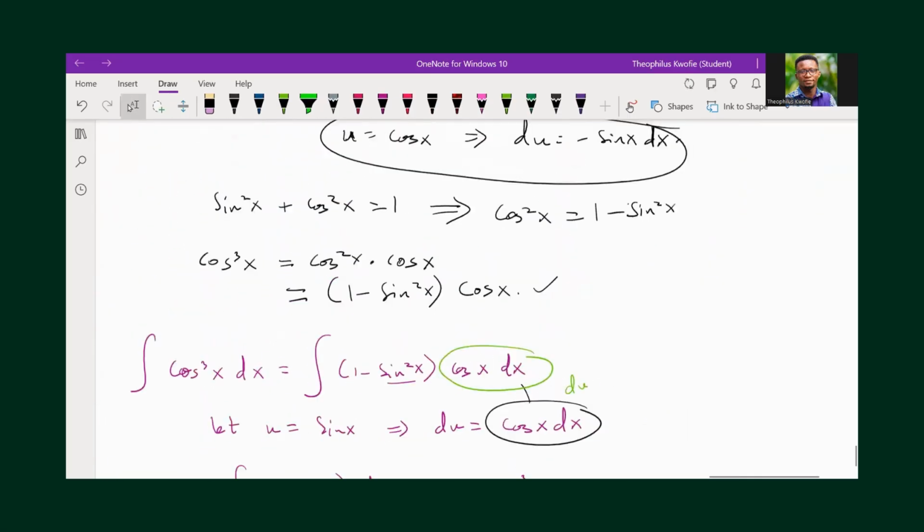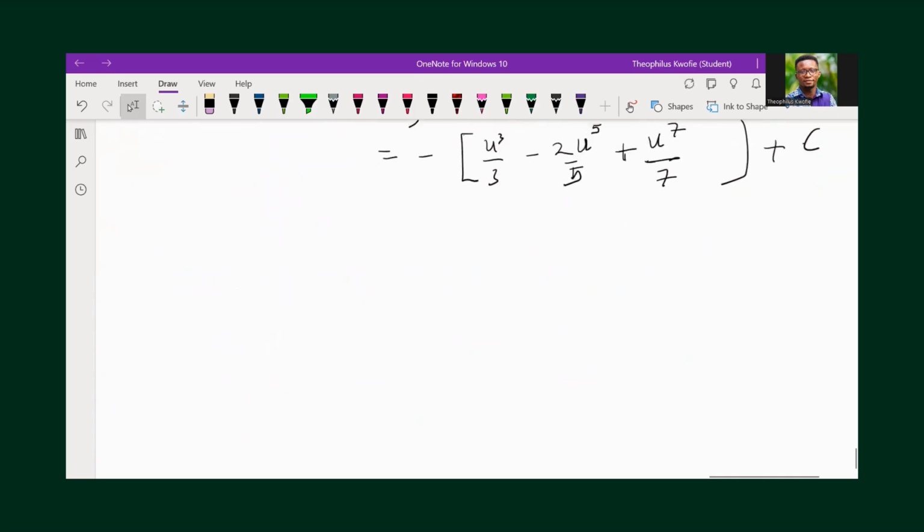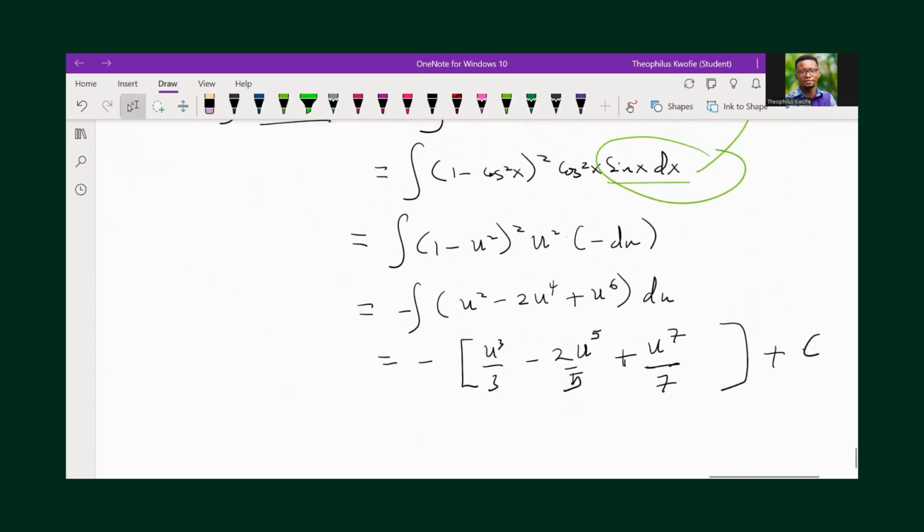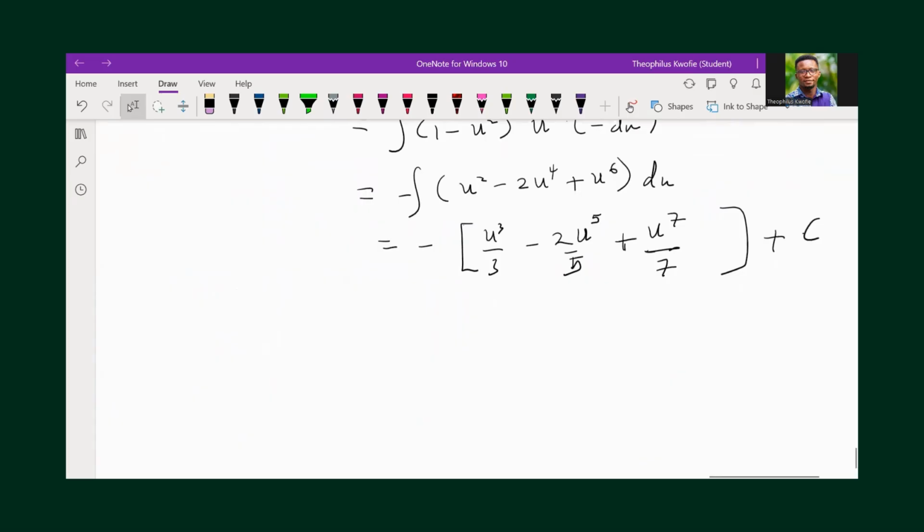We have to remember we switched everything from x to u, so we have to do reverse substitution. What is u? Our u was cosine, right? So that becomes cosine cubed x over 3 minus 2 over 5 cosine to the power 5 x,